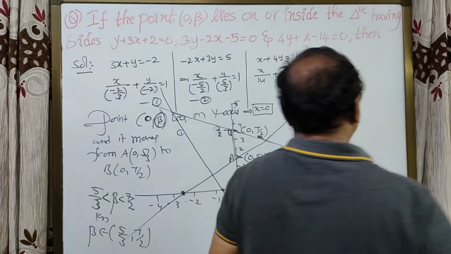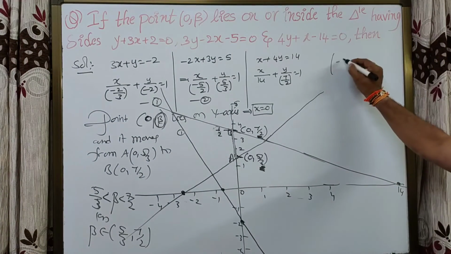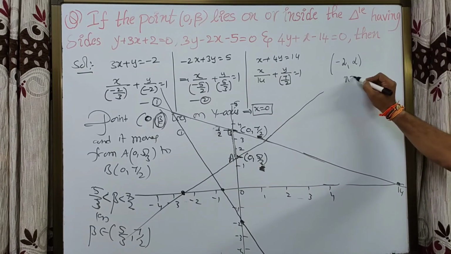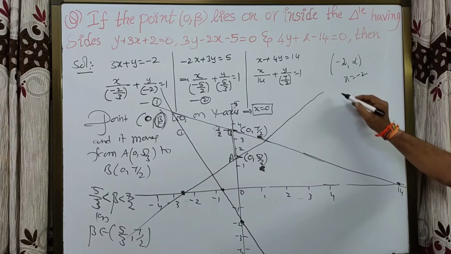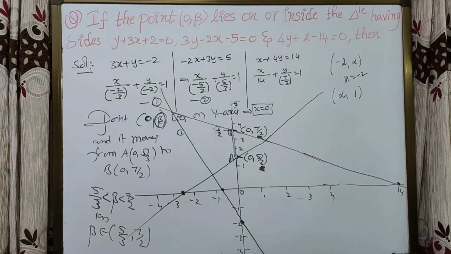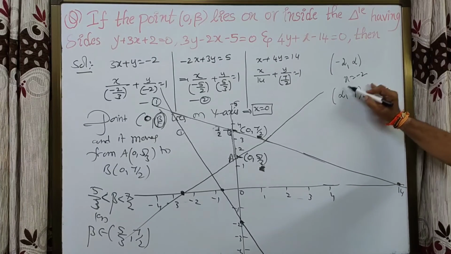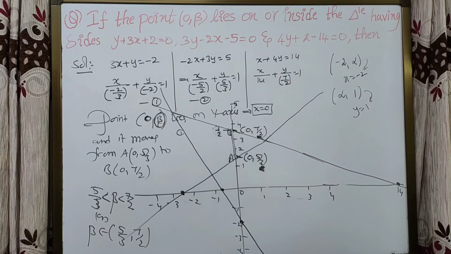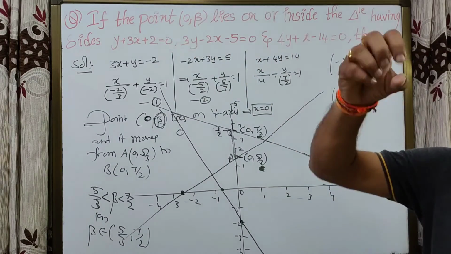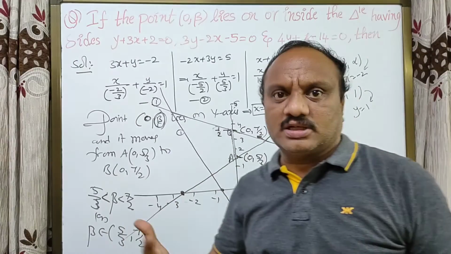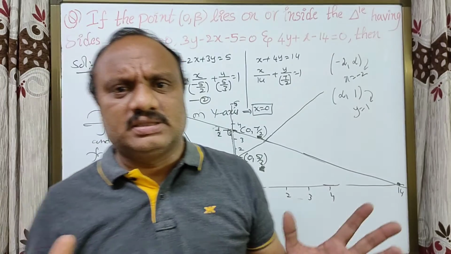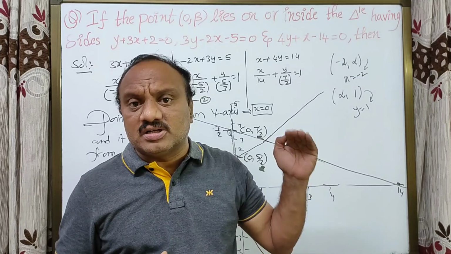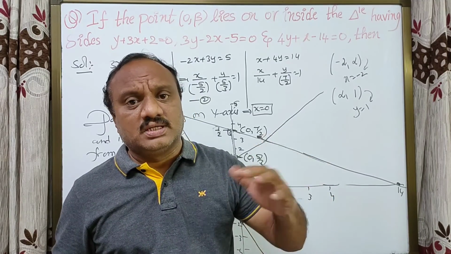Like this, students, if you take a point like (-2, alpha), it lies on the line x equal to -2. If you take (alpha, 1), with the fixed value 1, it lies on the line y equal to 1. So definitely, students, a point lies on some curve. It may be a straight line or a parabola, ellipse, circle, like that. So do it like this, students. It is a very, very important model. It may be asked in Mains and Advanced exams.